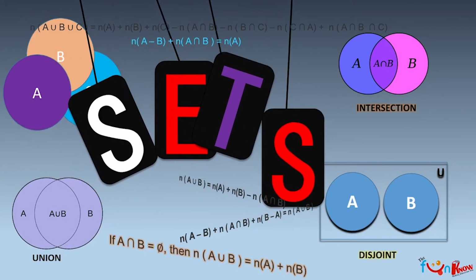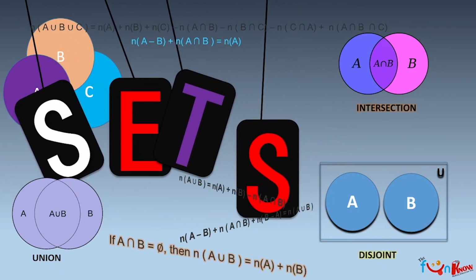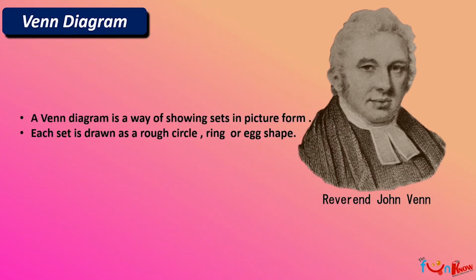Today we are going to see sets. So we'll understand what are the different contents of sets. I hope you understand how to write the number members of the set. Now, students will understand something interesting, which is known as a Venn diagram.